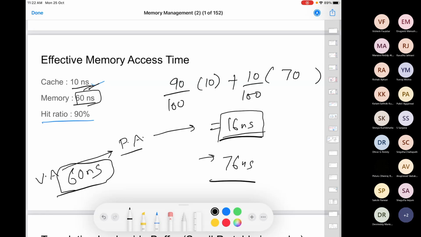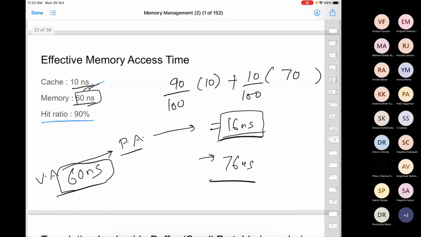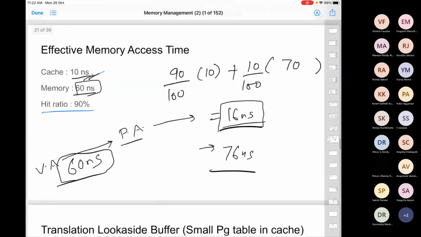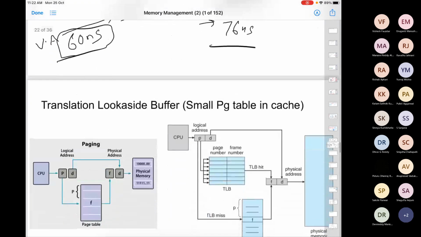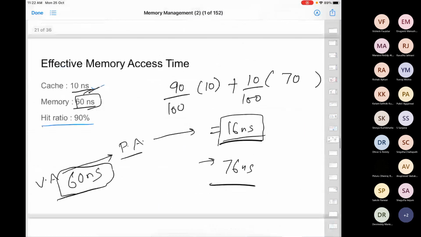Similar to how you cannot keep the entire main memory data in the cache. What can we do? We can keep a subset of that data in the cache. So you can take a subset of the page table, all those pages which are frequently accessed, and keep them in the cache, right? And that is easy to do because of the same 90-10 rule. 90% of the time you are accessing the same pages. There are certain pages which are frequently accessed. 90% of the time you access 10% of the same data again and again, right? So you can keep that 10% of the data and make it sit in the cache.